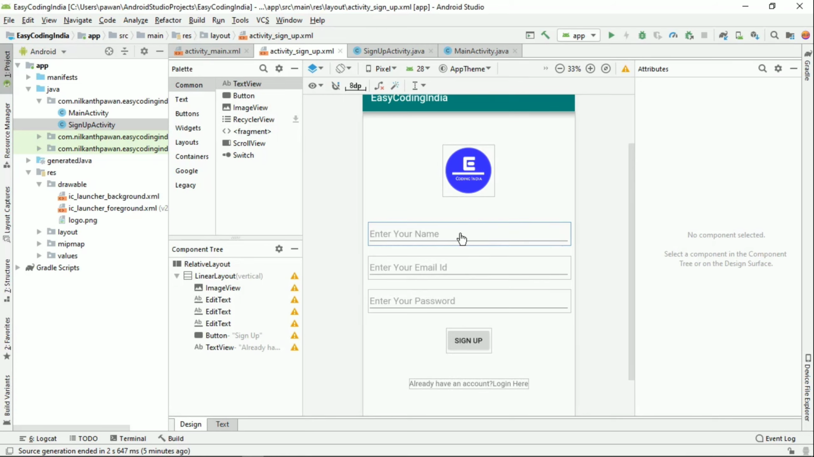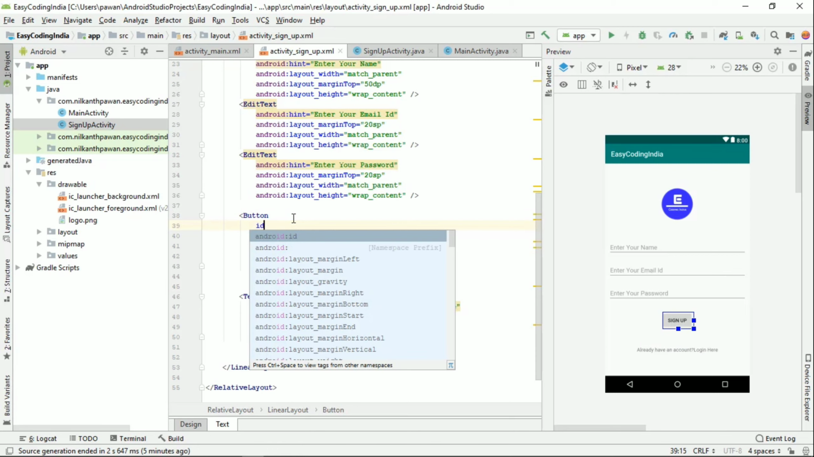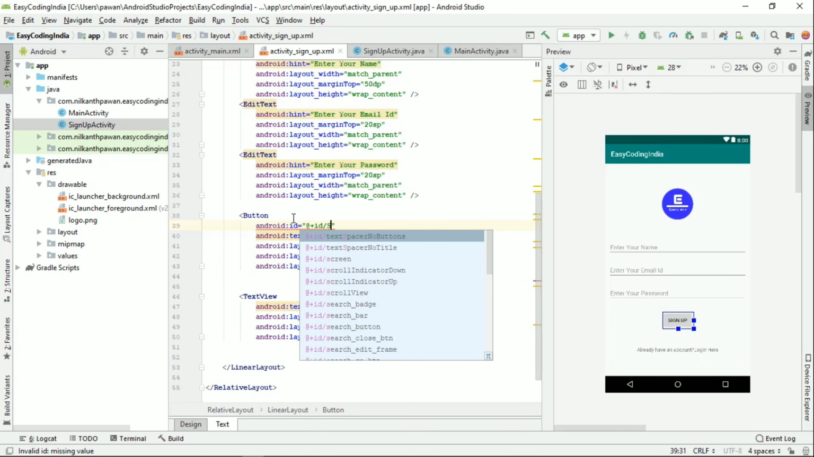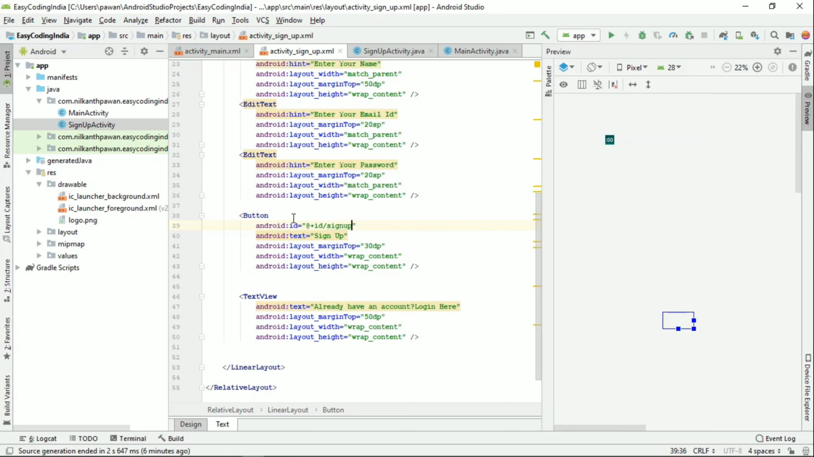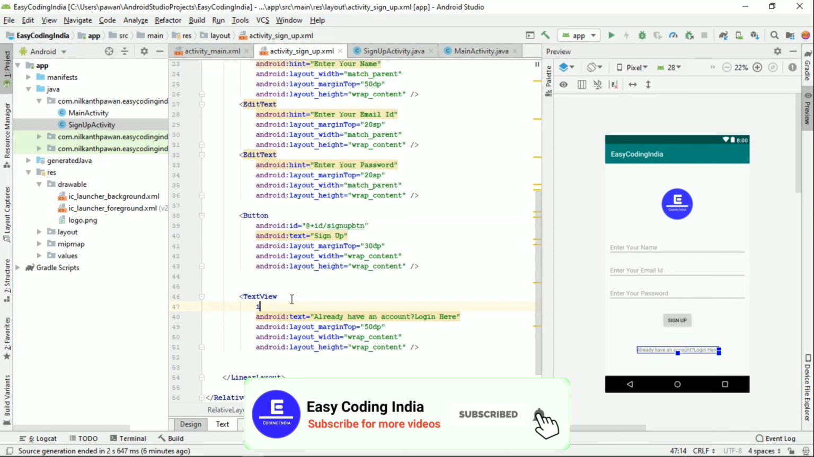You can take name, email ID, password, sign up button, and one more thing, text view. In this text view we cannot set ID, and button also not set ID. So ID is equal to sign up ID, user, not user, sign up button. And in text view you can take one ID,